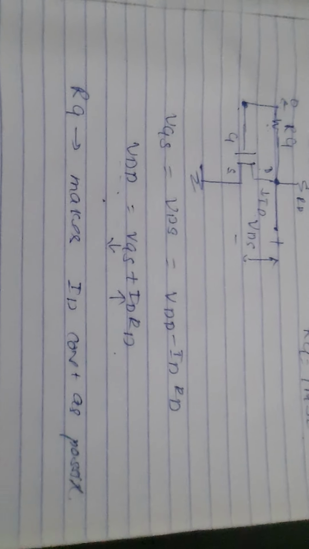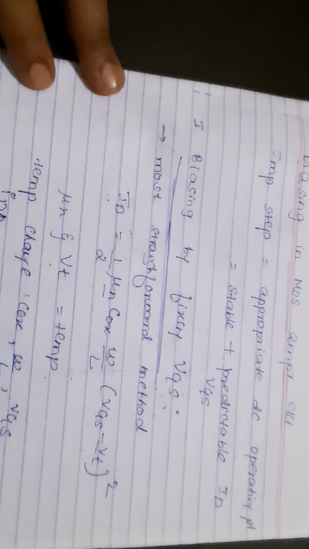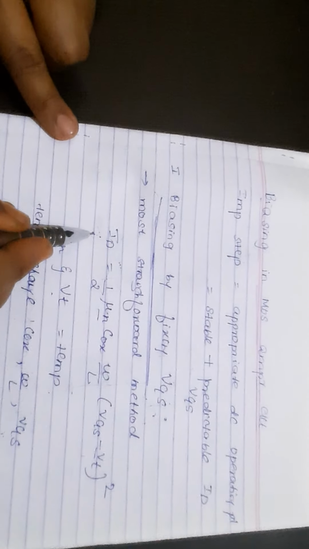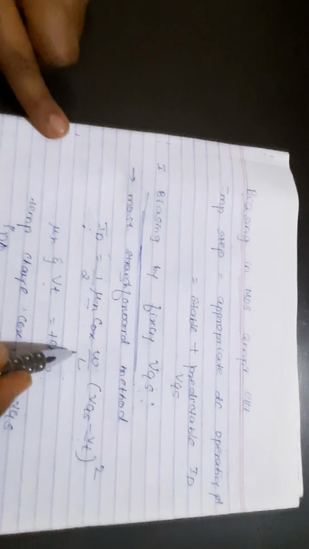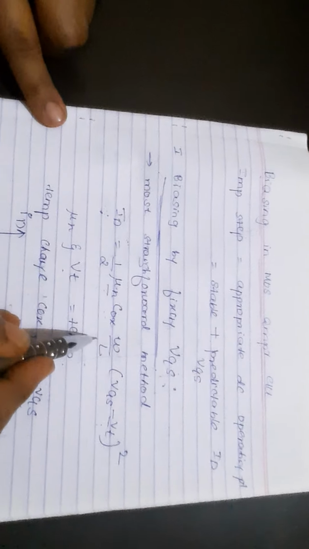These are the three biasing techniques. I'll repeat once again. The first biasing technique is biasing by fixing the VGS. Now, this is not a suitable technique. How will we prove it is not suitable? I will take the current expression ID. As temperature changes, the values of these change, which in turn change these values, and indirectly even these small values.